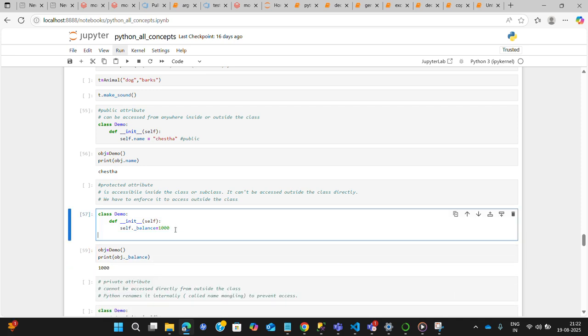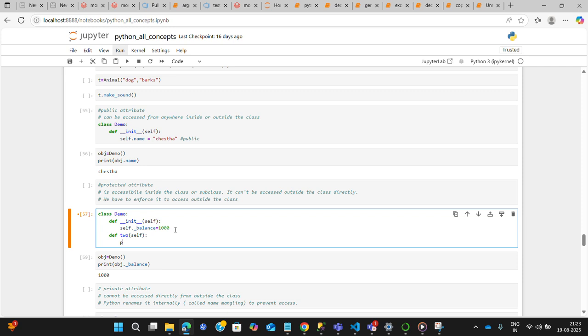I'm also saying that it is accessible inside the subclass, so let me check it. Let me define a class, name it two, with self. If I write print self.balance, I just want to see whether it is accessible inside the class or not.